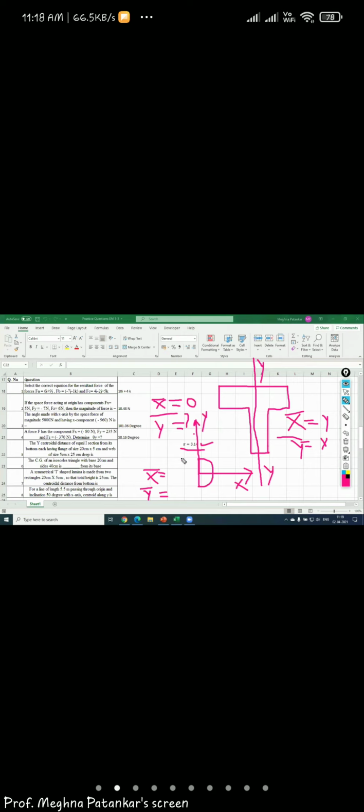ठीक है. नेक्स्ट थिंग मैंने तुमको क्या बोला कि अगर तुम्हें क्वेश्चन में दिया है कि सेक्शन किसी एक्सिस के अबाउट सिमेट्रिक है, so what will be the value of y bar? If I say the section is symmetric about x axis, what will be the value of y bar? And if this is the question, you should answer it as 0, right? x bar की वैल्यू क्या रहेगी अगर y के अबाउट सिमेट्रिक है? ऐसे अगर क्वेश्चंस है, so you need to reply in that manner only, right? So that could be one of the logical types of question asked on unit number 2.